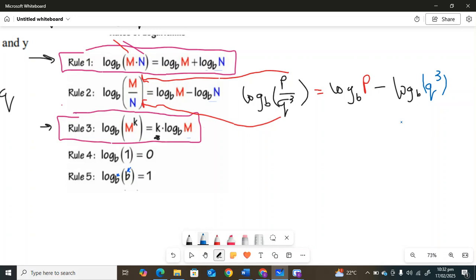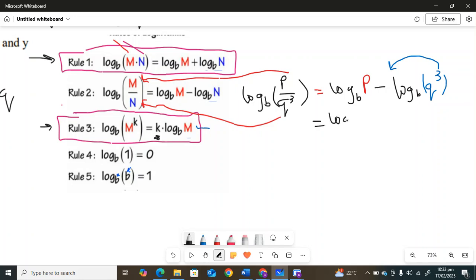Just look at rule number 2 and see how we've applied it here. The numerator will come first, log B P, minus the denominator will come second. Basically, we're just bringing the log B next to each of these letters. Then we can see a power here, the power 3. So we can also use the power rule, where this 3 is going to come in front of the logarithm. So this becomes